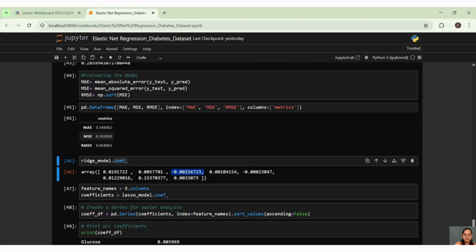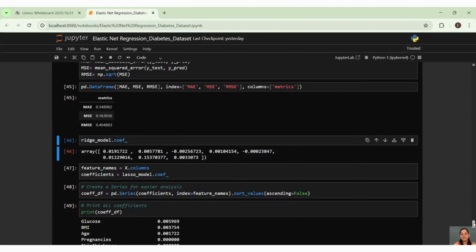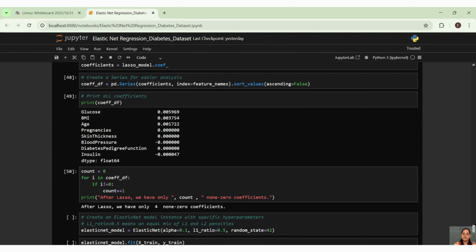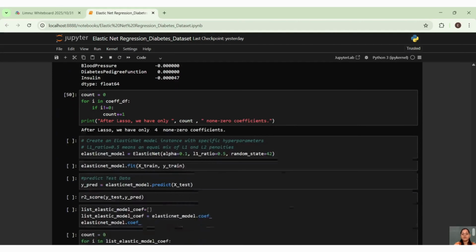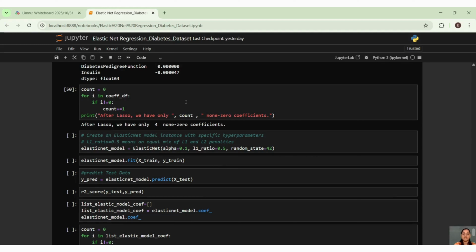These four I should not be considering, and these 4 I should be considering, because these are very minimum values, right? So I have shown you how ridge and lasso are useful for getting the number of coefficients which are needed, right?